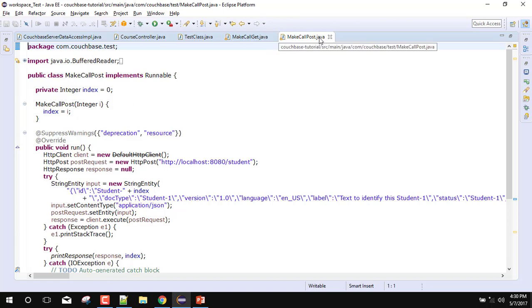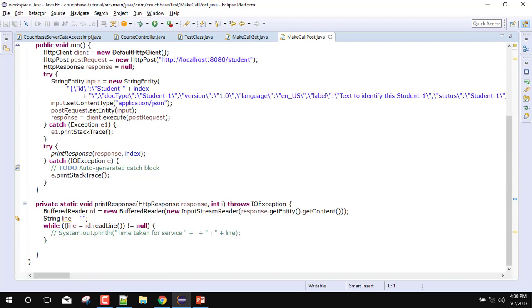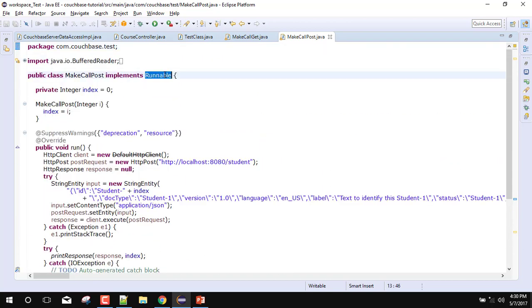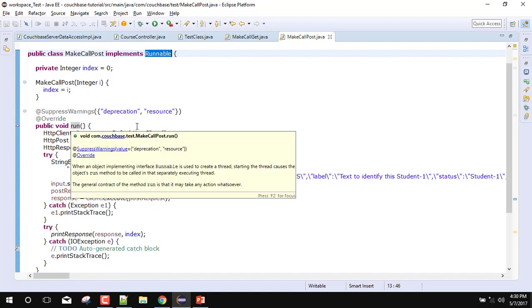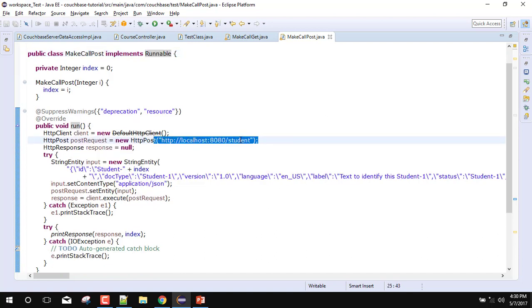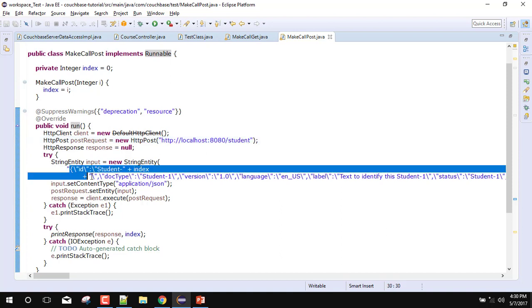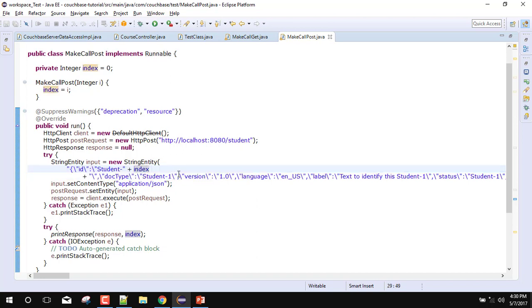So first we will post to the URL. As you can see, I have implemented it with the help of Runnable, so it will be created as a thread, and in the run method I have created one URL in which the student will be called, and one input. In the input I have taken a sample JSON. You can take whatever JSON you want, and I have taken one simple JSON in which I have provided one ID column, the particular ID of the JSON, that will be the student index.